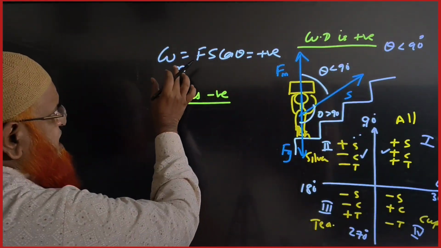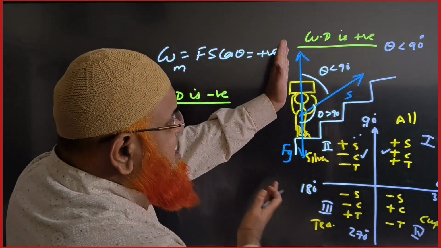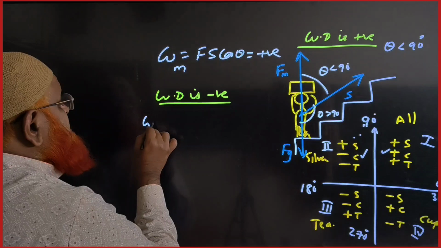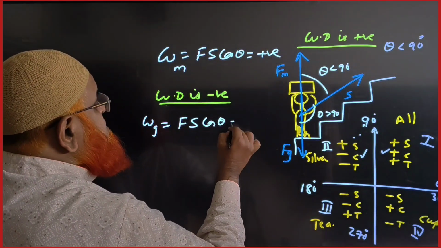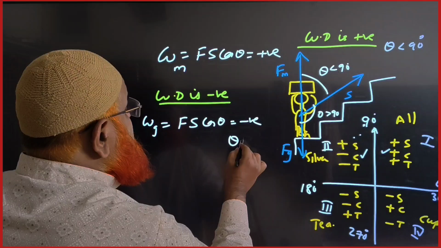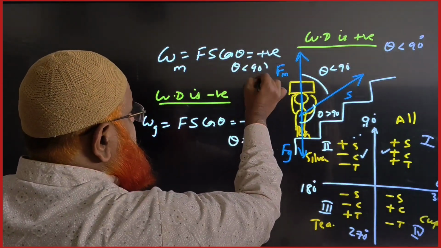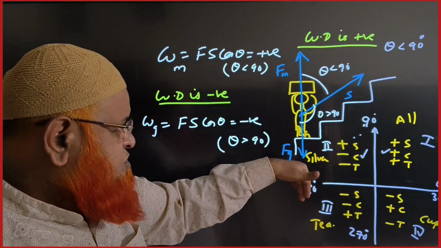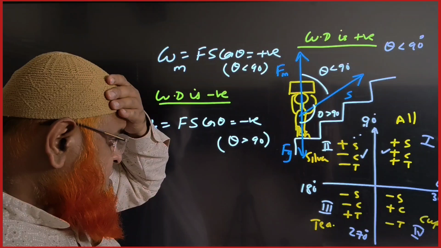So work done by man is positive, because man's force and displacement are at less than 90 degrees. Next here, work done by gravitational force is Fs cos theta, which is going to be negative. Why? Because theta is greater than 90. ये angle greater than 90 है यहाँ पर. Is it okay? तो ये हो गया displacement, ये हो गया force, ये हो गया force due to gravity. So Fs cos theta is taken as negative here. Okay, so this is about the concept of